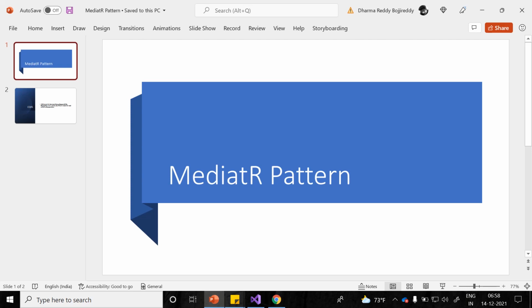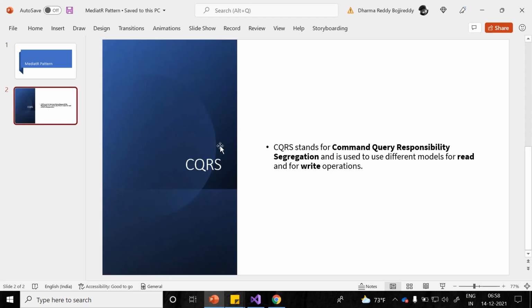Today we'll see how to implement the Mediator design pattern in an ASP.NET Core Web API application. For this example, I'm using a CQRS pattern. CQRS stands for Command Query Responsibility Segregation. With this mediator pattern, we'll be segregating commands and queries for the responsibility of the segregation, and